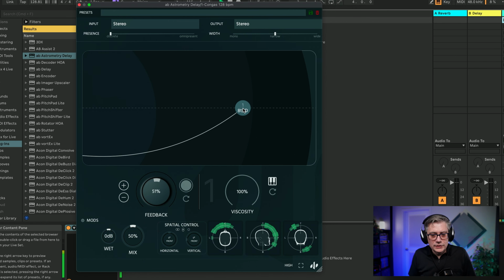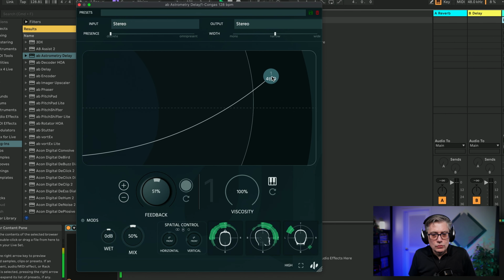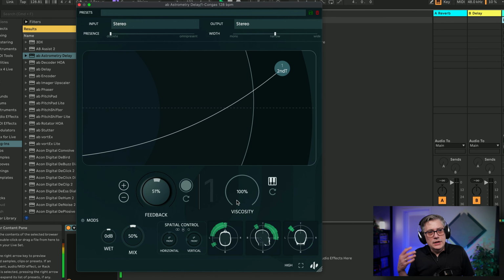So let's take that and move that, or bring that closer. Or further away. So as you see, the effect is not reacting instantly. Instead, it is taking a little bit of time, and that gives a very interesting effect.